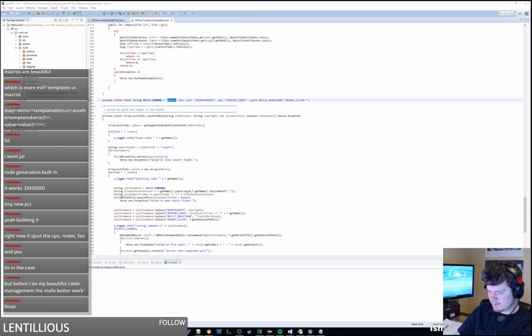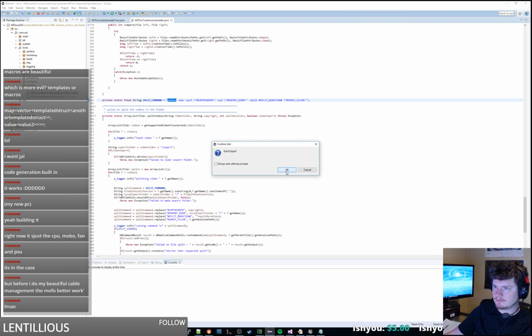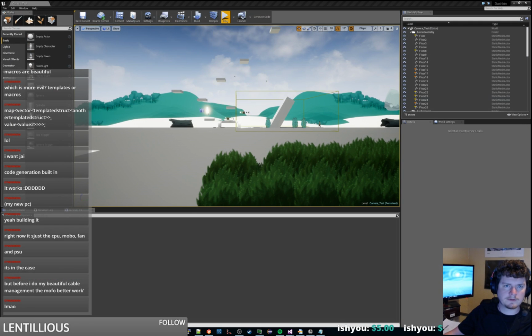I'm using MP4Box. Alright. So let's look up MP4Box convert to OGG. Convert file to OGG.